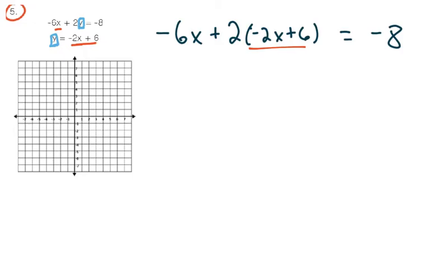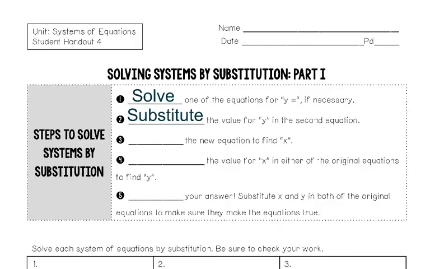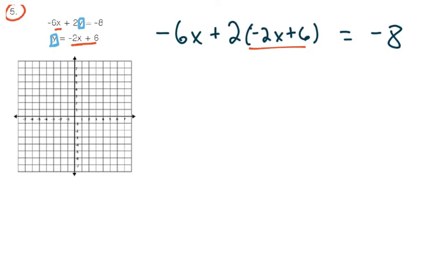And if you remember from solving equations, when you only have one variable, you can simplify and solve for that variable. So that will be our next step. Solve the new equation to find x. If you need to, pause the video, replay that part, take that in, digest that, think about what I just did here and how I ended up putting that in there. And if you need to, please ask me for questions or for help or whatever,